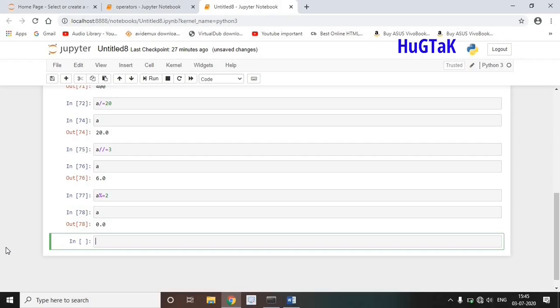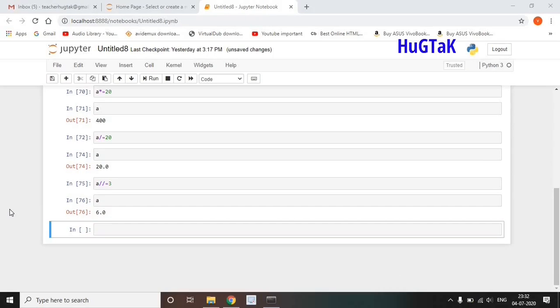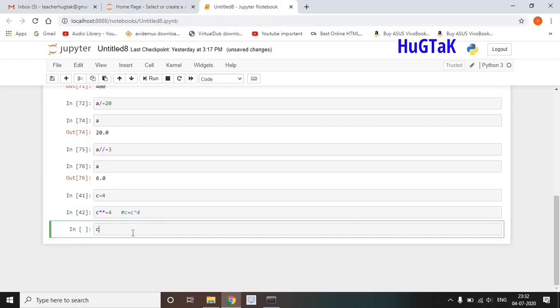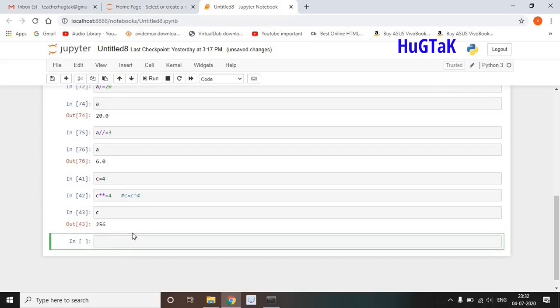The last one is the exponent equal to operator. Let me define another variable. C is equal to 4, and let me type C exponent equal to 4. And what does it mean? It means C is equal to C raised to 4. Now let me run C. You can see the answer is 256.